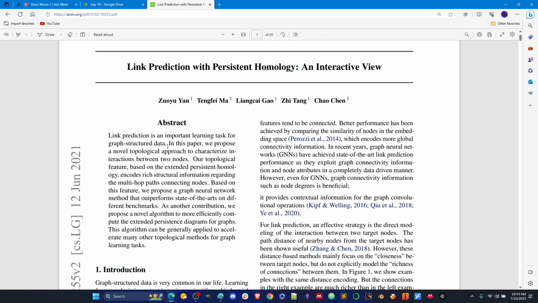So they're actually using a topological approach instead of maybe a statistical approach, where, like we saw in the hypercube example or the neutral space example, just simply associations based on the state of the nodes. What's the path from one node to another? Is it mutational? Is it something else? But this is a case where we don't necessarily have that natural guide. We have to predict the links from the association of the features with one another. Our topological feature, based on the extended persistent homology, encodes rich structural information regarding the multi-hop paths